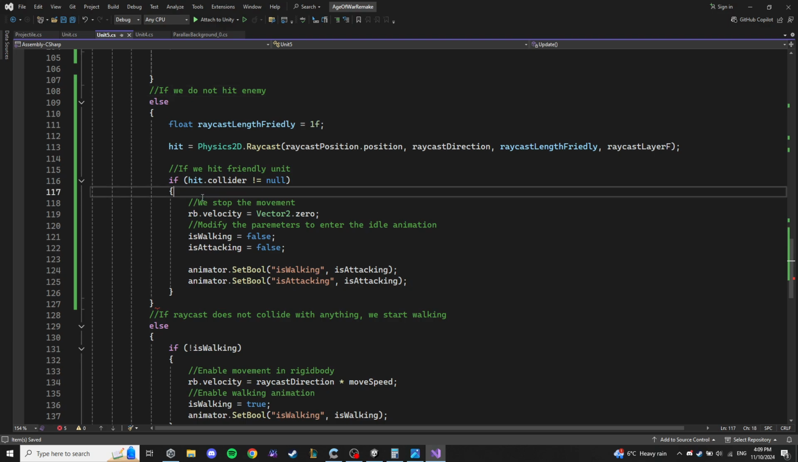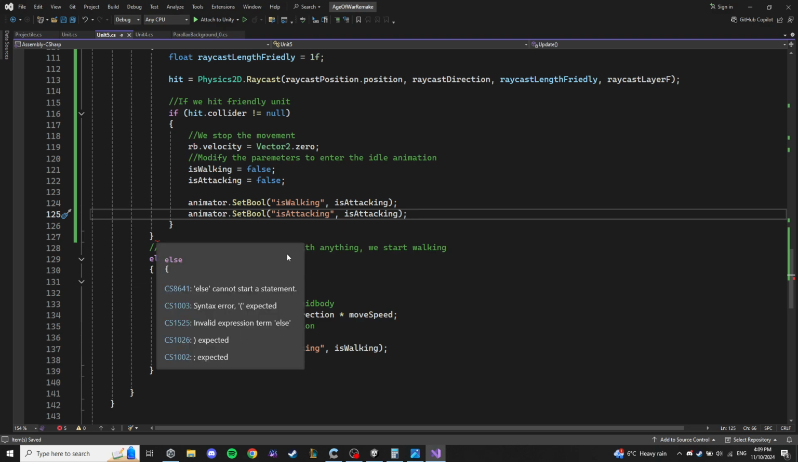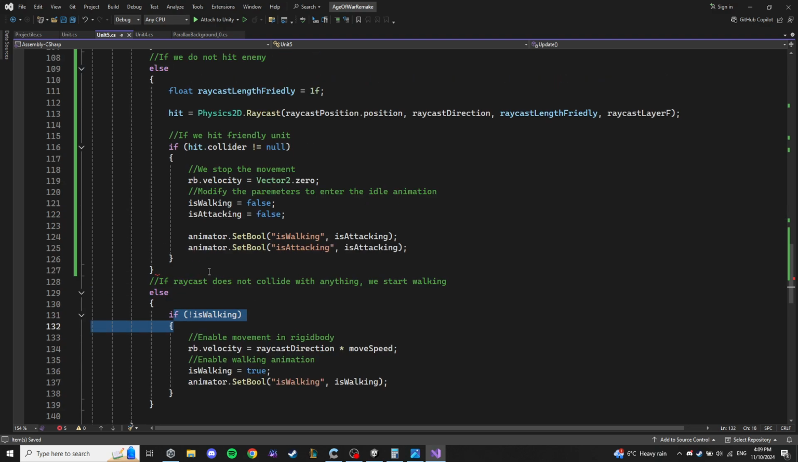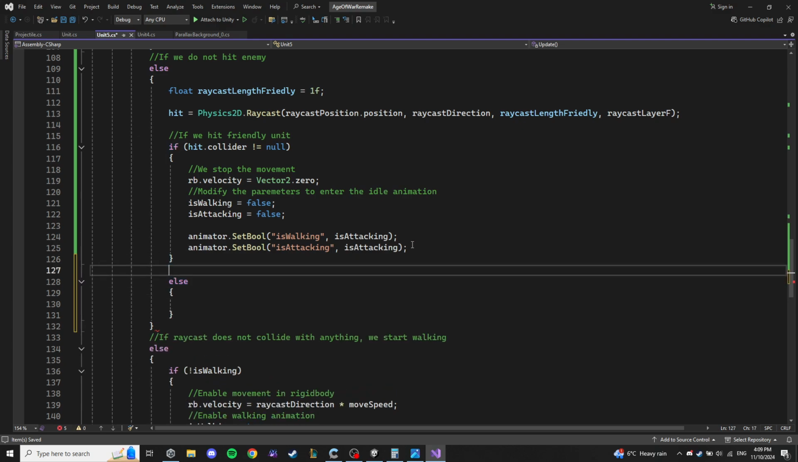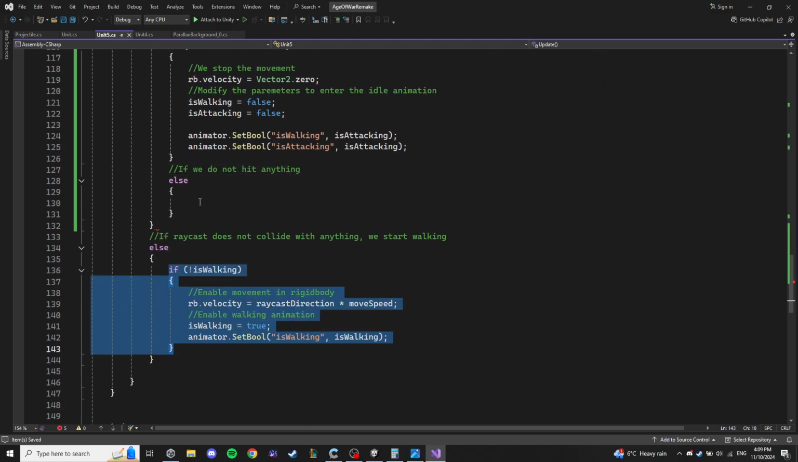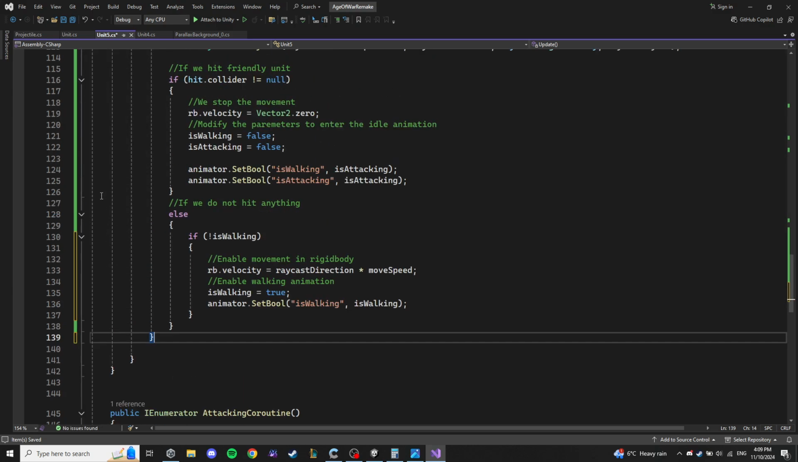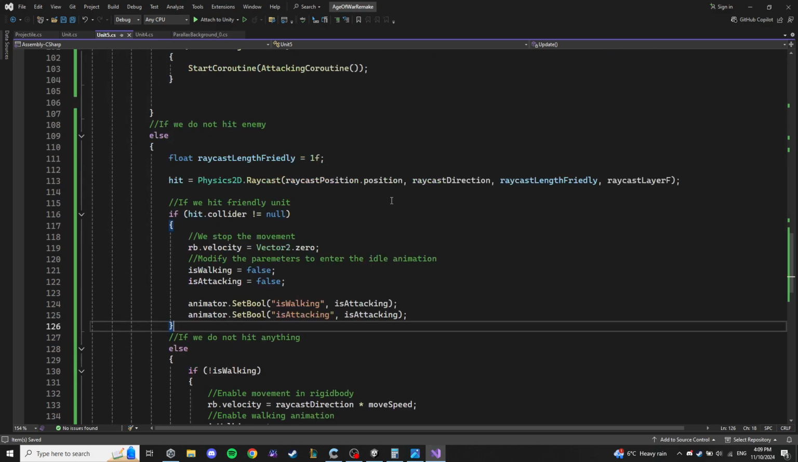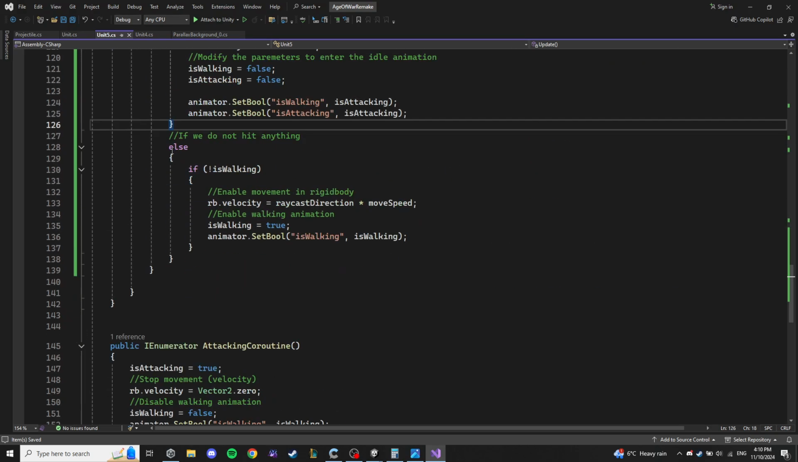Okay. And then if we do not hit friendly either, then it means we have to stop walking. So here we'll say else. So if we do not hit anything, then we stop. We enter the idle behavior. Okay. So this should work, but now we need to